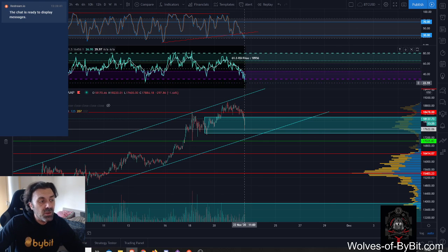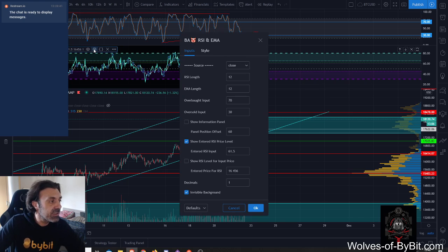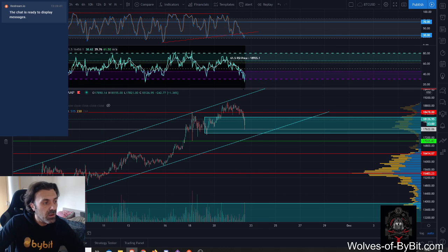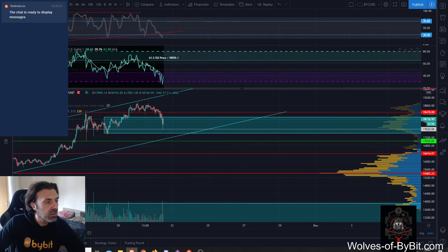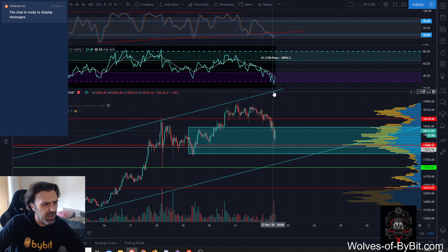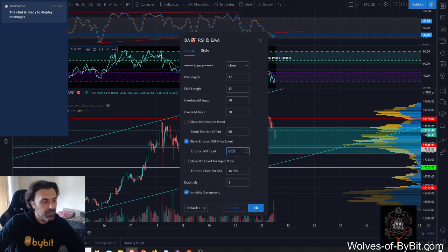Now, okay, let's have a look at the RSI levels here, and let's see how far we want to go and where we can start seeing some divergences in play, whether or not it is even possible, because this is a very short structure. So let's take the calculator, and let's go in for the reads. Right here, this low is sitting at, I'm going to zoom in a little bit, 26.9, let's call it 27. So 27 on the RSI, this would give us